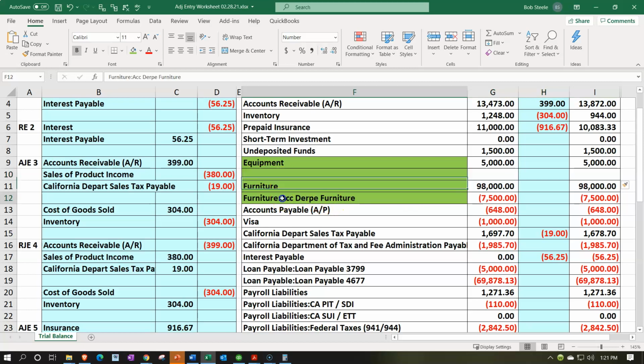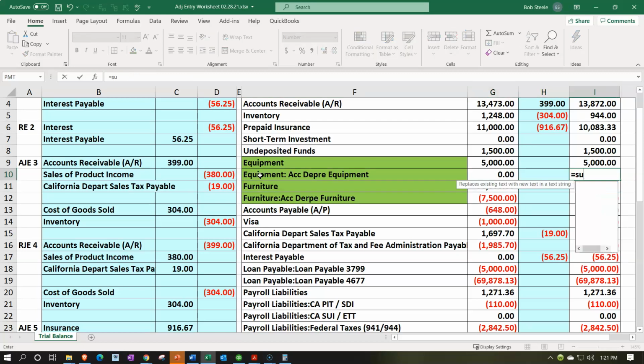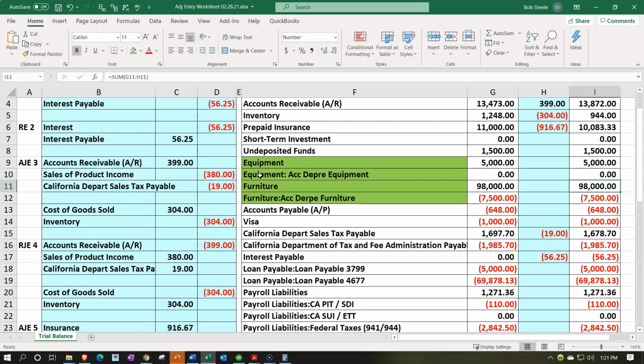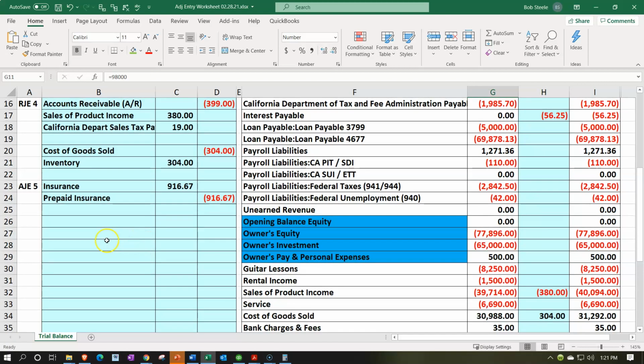The fact that it says furniture in front means it's a subcategory, so I'll do the same thing here. I'll say this is going to be equipment, colon, accumulated depreciation, equipment. So there we have that. I'm going to put a 0 here, and then I'm going to do our formula equals the sum there. So there we have that, and then I'm going to scroll down and say this is going to be AJE6,